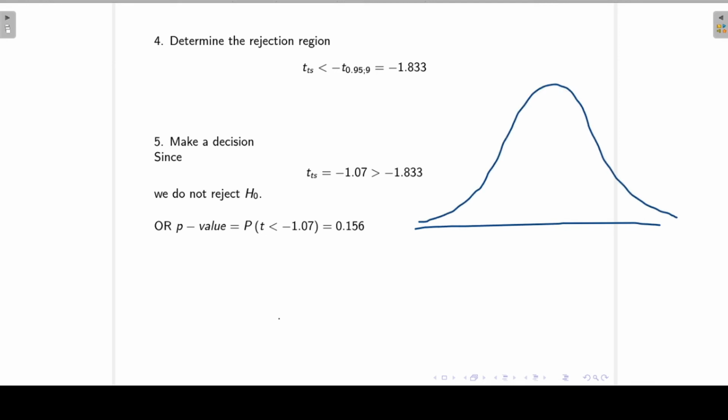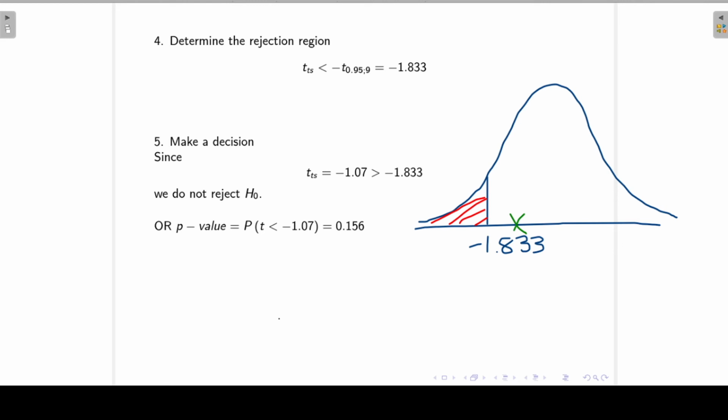So if this is my t-distribution, my rejection region is everything to the left of negative 1.833. So my rejection region is over there. My observed test statistic value was minus 1.07. It lies to the right of minus 1.8, so it falls in the acceptance region,